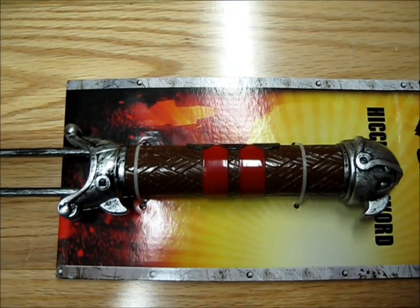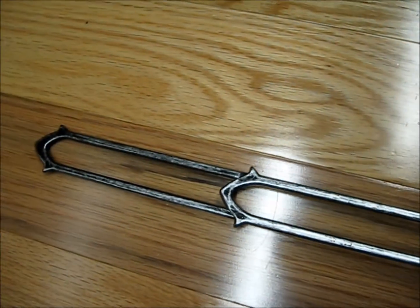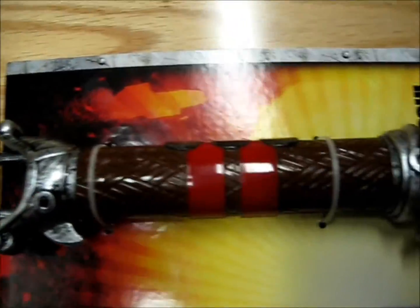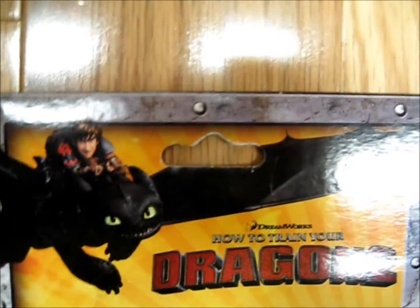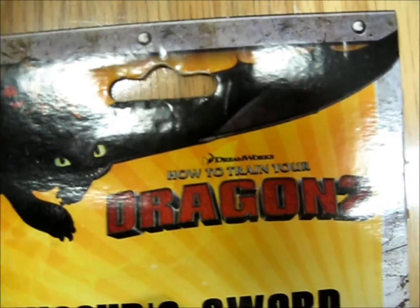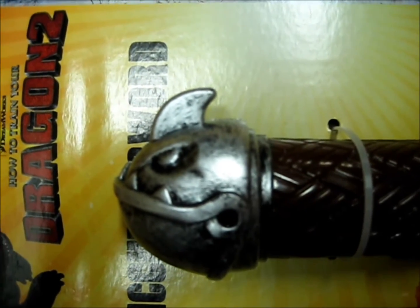That sword is pretty cool, but to be honest, I really like this one a lot better. So we'll take a closer look at the flame sword. First off, we have the mount backing, which is just Hiccup and Toothless with How to Train Your Dragon 2. It says Hiccup Sword, and we have the dragon head end,